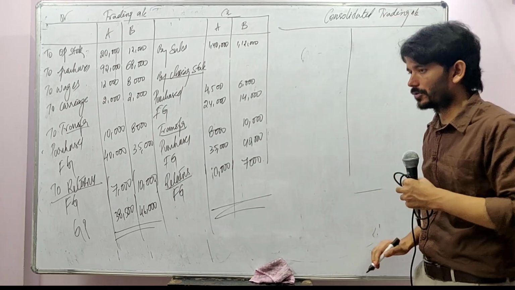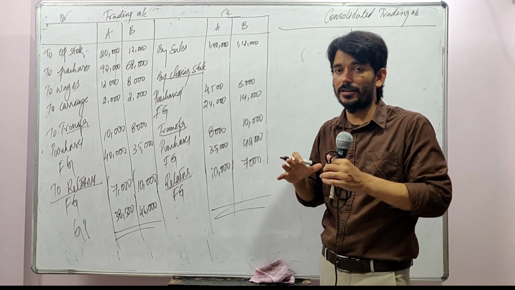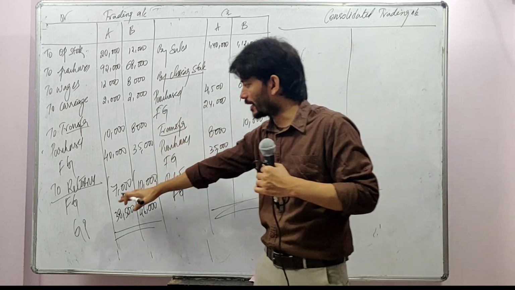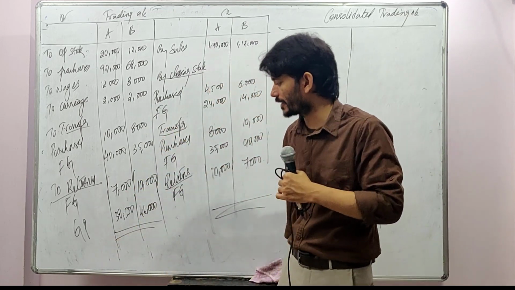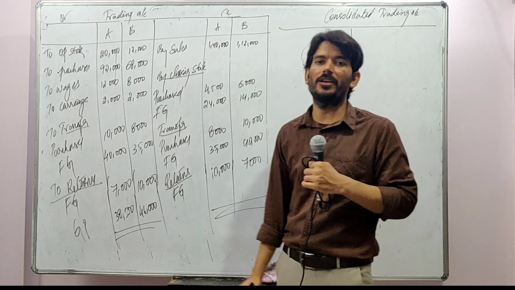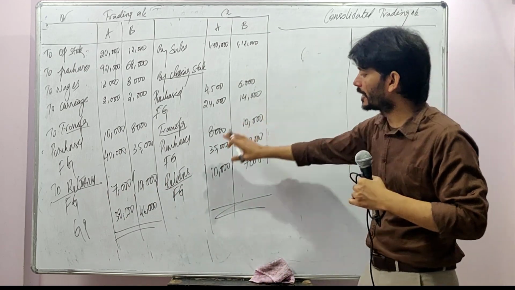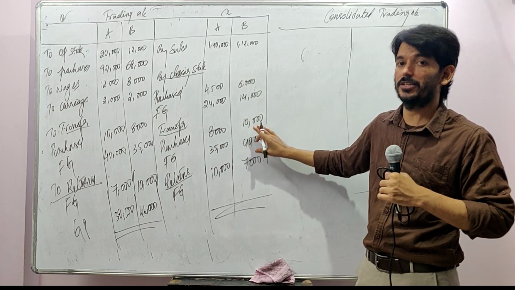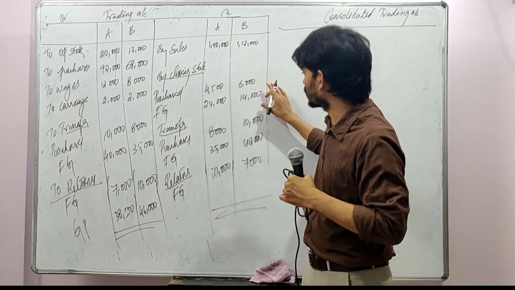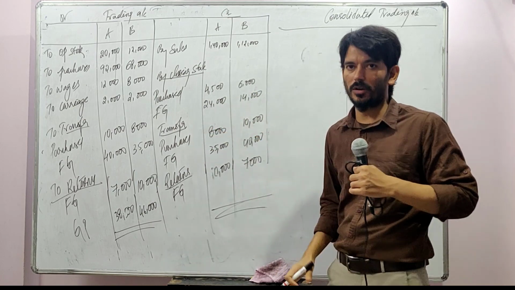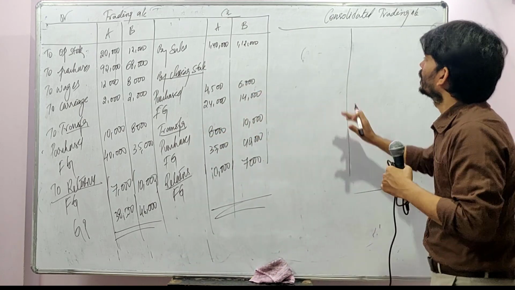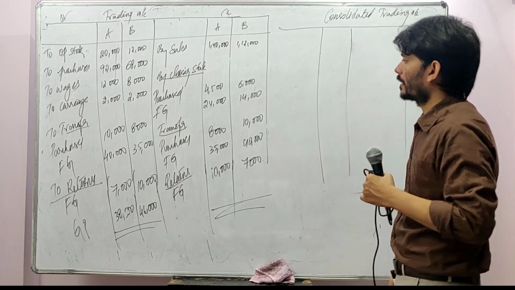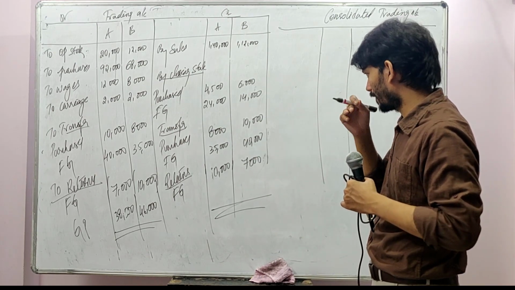When this consolidation is done, it is done at the father level. These two are like kids. This kid is coming and saying I got this much profit, and this kid is saying I got this much profit. But that is not the profit in reality. The real profit will be different because he has some finished goods with a loading, a stock reserve, in his closing stock. That needs to be eliminated. How? We need to prepare this trading and P&L account one more time.